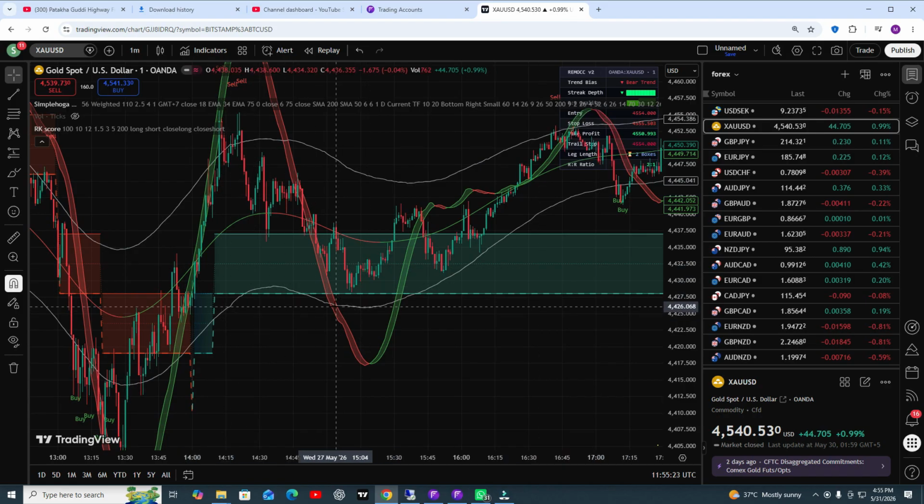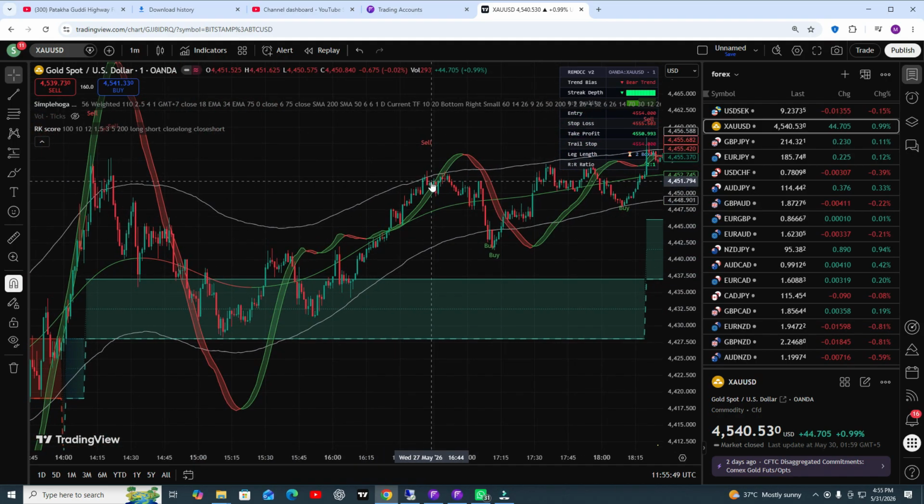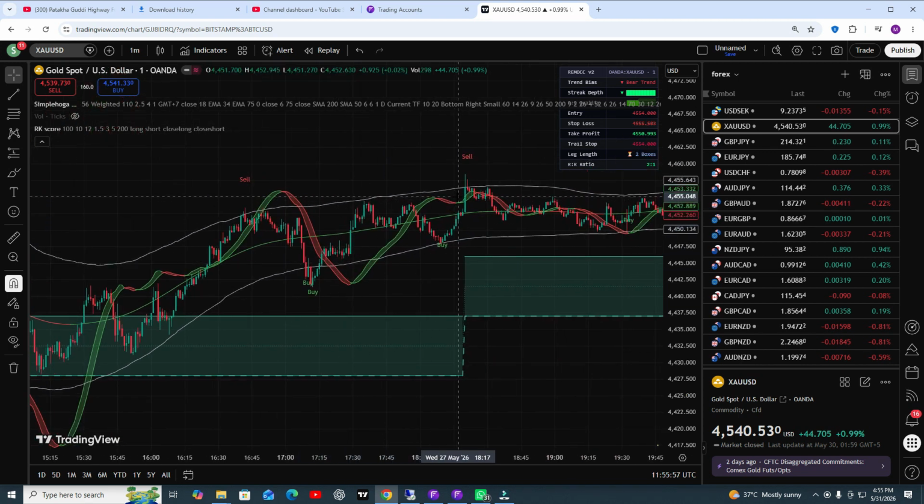The second confirmation is the RSI, which is the most important one. There are three band lines here: the lower band line, the upper band line and the middle band line. For a buy trend, make sure the RSI goes downside below the lower band line. This is the point where we need to open our buy position, and close the trade when the candle touches the upper band line. That's it. Here is another buy trade, and you can see amazing profit.